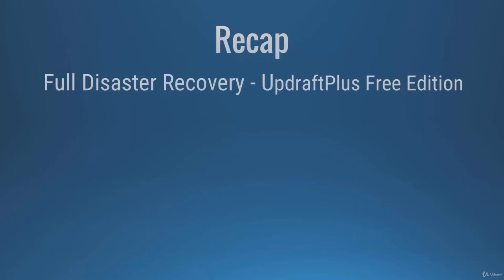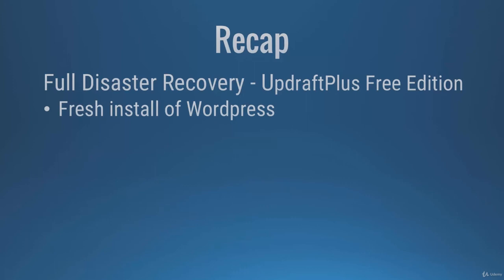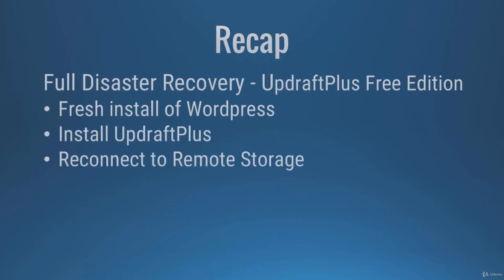So again, looking at the economical versus functionality, in order to do a full disaster recovery with the free edition, you'll need to do a fresh install of WordPress into your hosting provider, install the UpdraftPlus backup plugin again, reconnect it to your remote storage that you use to back up to,